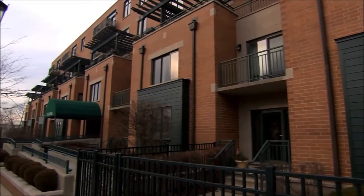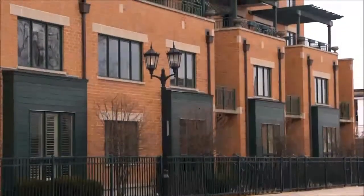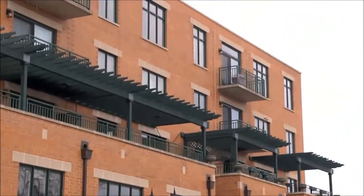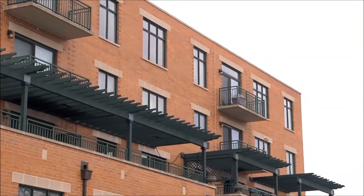Windows shouldn't fail after just a few years. But for one condominium building in the Chicago suburbs, a few small leaks were signs of widespread issues. The issues started to become more frequent, and up to and including we had a few windows that actually fell